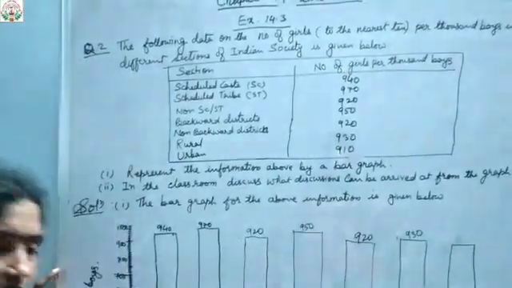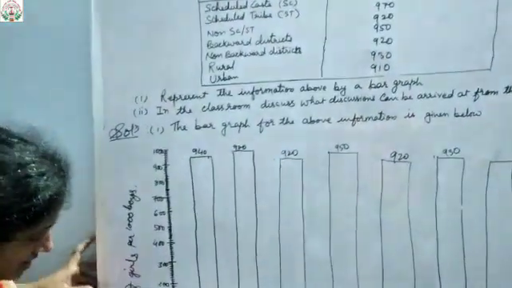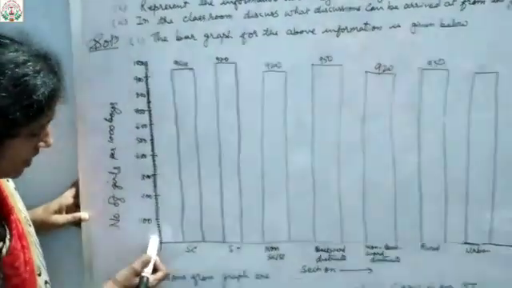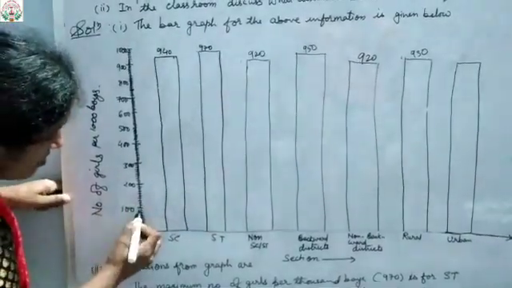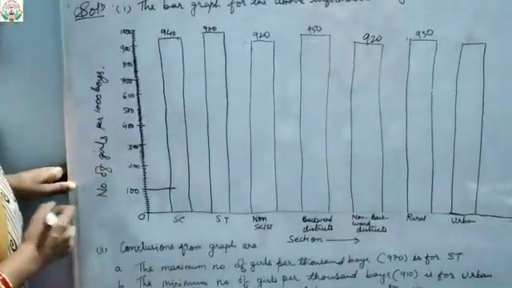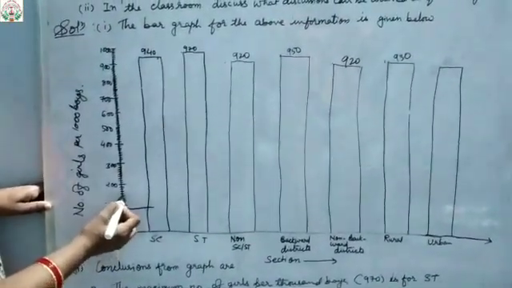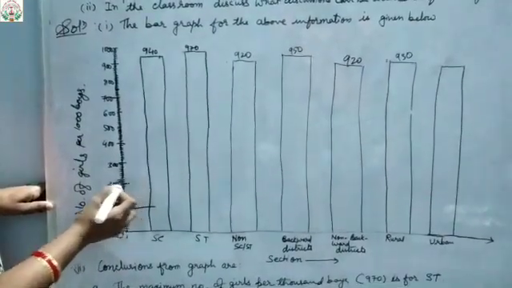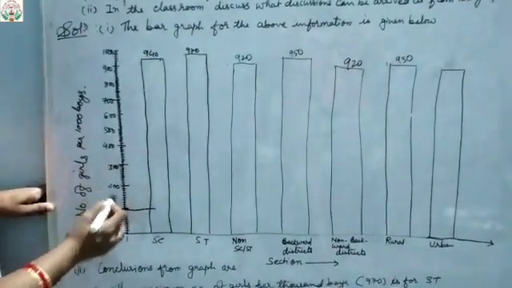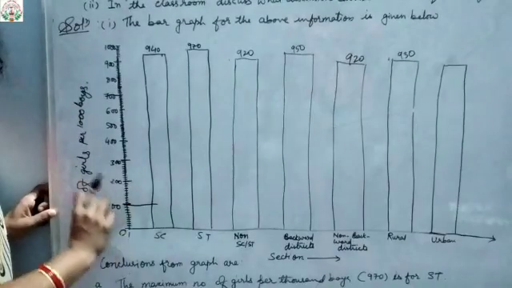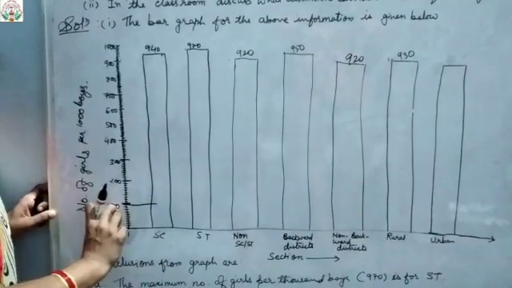So first draw a line, the y-axis and x-axis. So you might have seen 10 small lines in the graph paper. Small lines are there, 10 lines. Then after that a big, thick line passes. Okay, that number you mark as 100. After that again 10 small lines and then a dark line comes, that is 200. Then 10 small lines, after that a dark line comes, that is 300. So a gap of 10 boxes. 10 small boxes equal 100 girls.